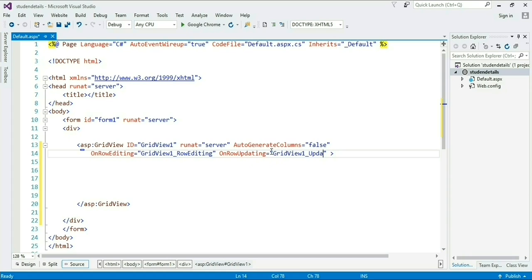I am doing the same for OnRowCancelingEdit.